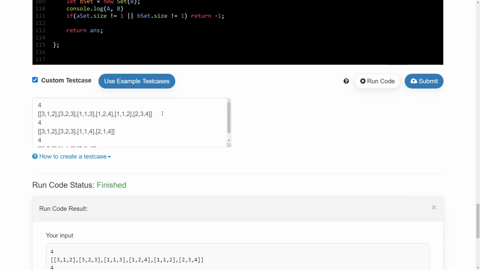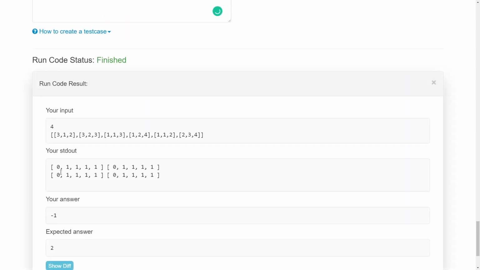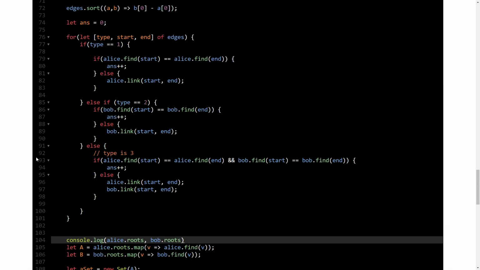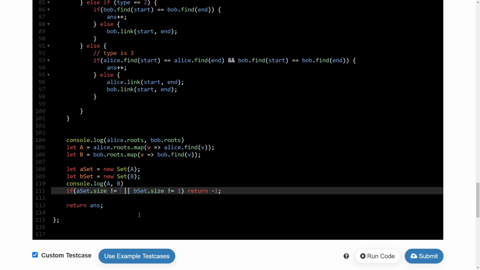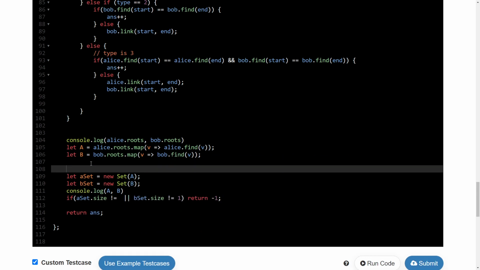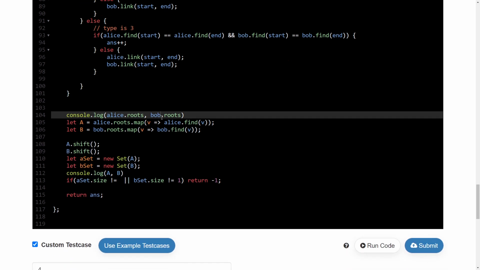So I'll only run the first case because of the size of the output. Oh no, I have 0 as well. So nothing will be connected to 0. So I'll just do this, or I can do this as well. We have to remove one element at the beginning because we made it from 0 to n and 0 is not there, so the 0 will always be there.